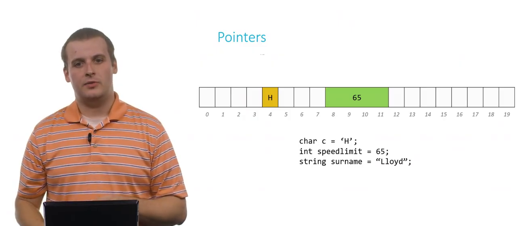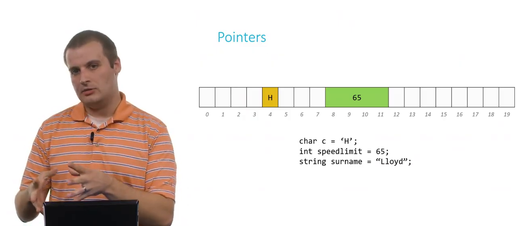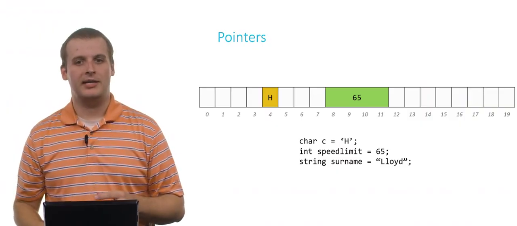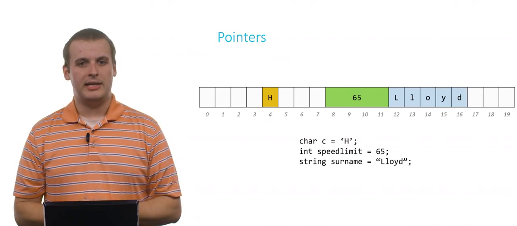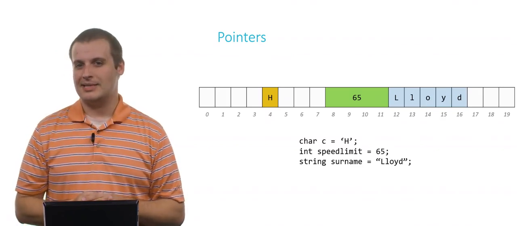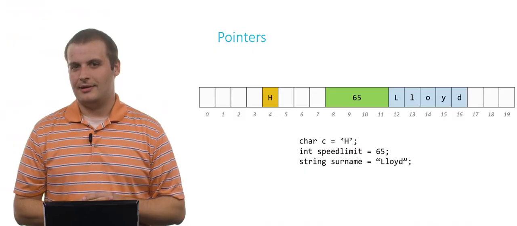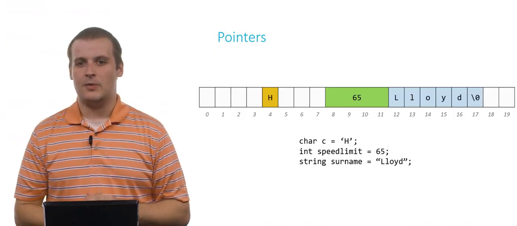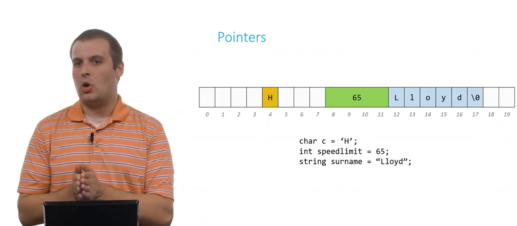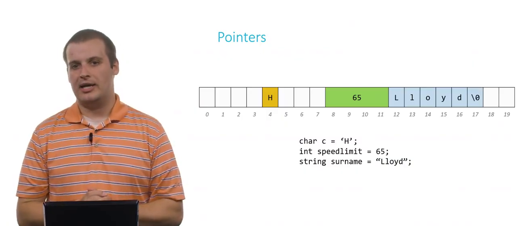I'm going to need to fit 1 character. Each letter of that is going to require 1 character, 1 byte of memory. So if I can put Lloyd into my array like this, I'm pretty good to go, right? What's missing? Remember that every string we work with in C ends with \0, and we can't omit that here either. We need to set aside 1 byte of memory to hold that so we know when our string has